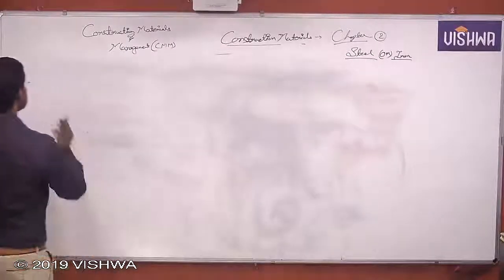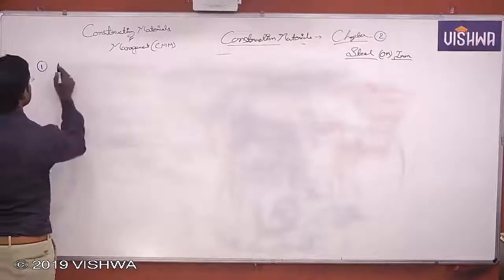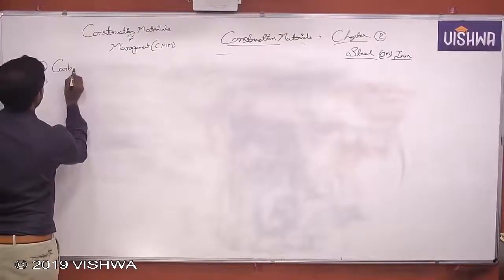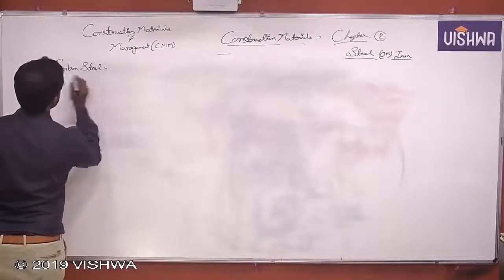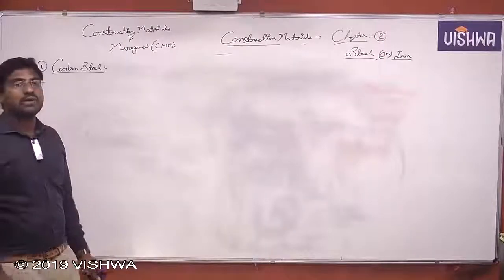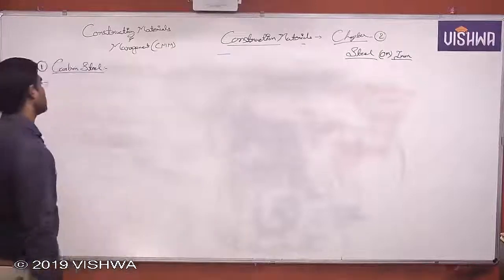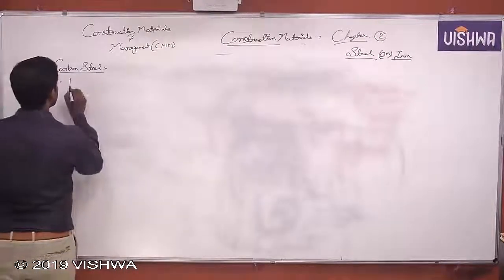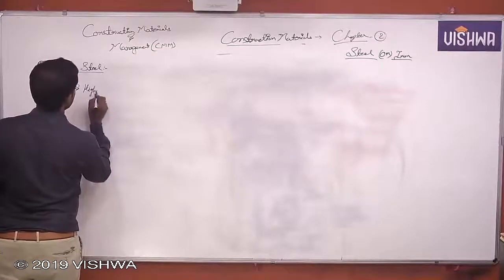If you are going with the first type of steel, we have carbon steel. We'll completely discuss this, then we'll go into the alloy steels, what types of alloy steels are present, and how they can be used in our regular construction elements. So exactly, a carbon steel is